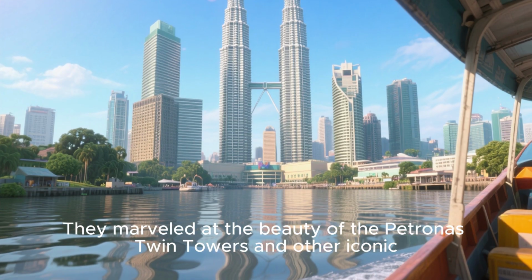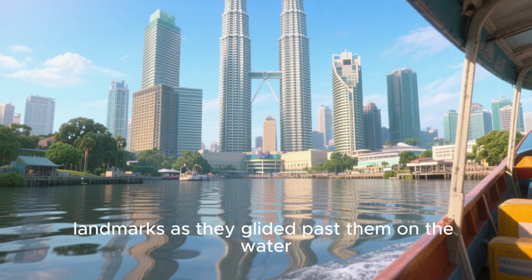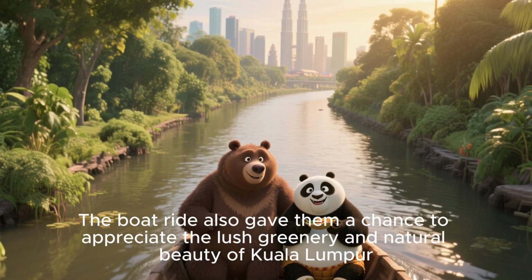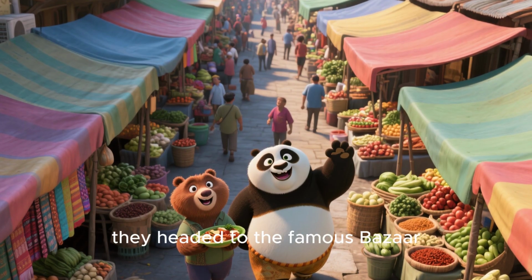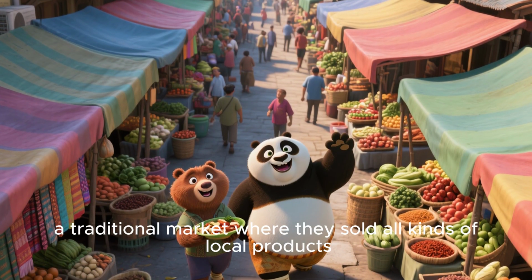They marveled at the beauty of the Petronas Twin Towers and other iconic landmarks as they glided past them on the water. The boat ride also gave them a chance to appreciate the lush greenery and natural beauty of Kuala Lumpur. On the last day, they headed to the famous bazaar, a traditional market where they sold all kinds of